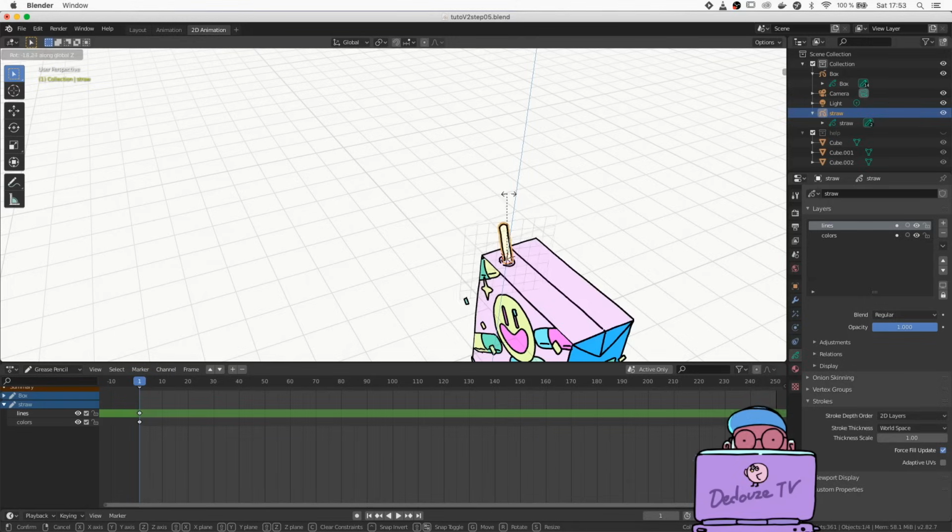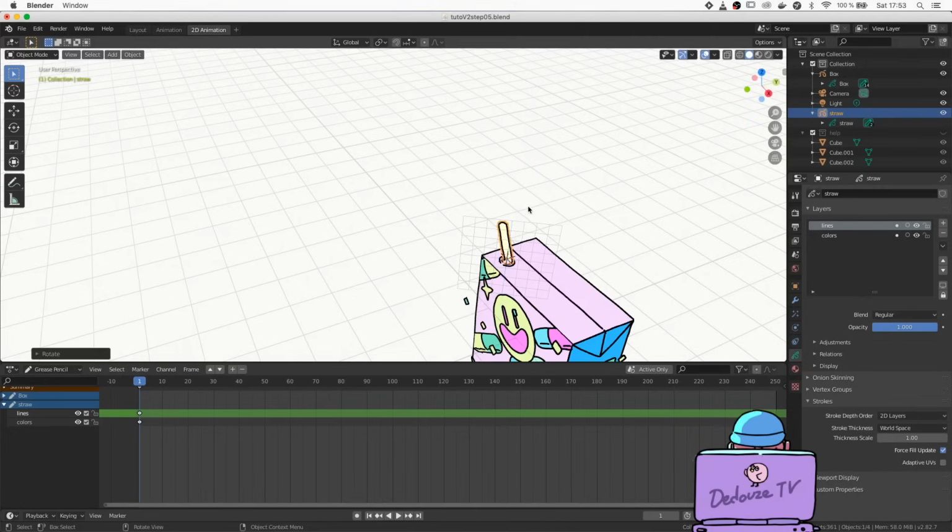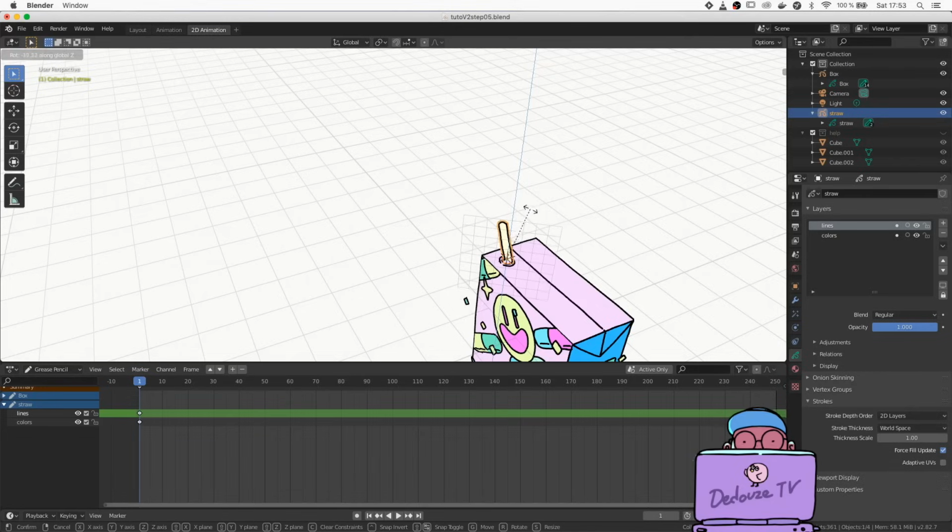If you rotated this drawing while you were in draw mode or edit mode or sculpt mode, the canvas would have stayed in the same axis as in the beginning, so to make further modifications on the straw, it would have been impossible to find the right angle to redraw the exact lines. So the trick is to go out of the object by switching to object mode, then select it and apply a 3D rotation on the whole thing.